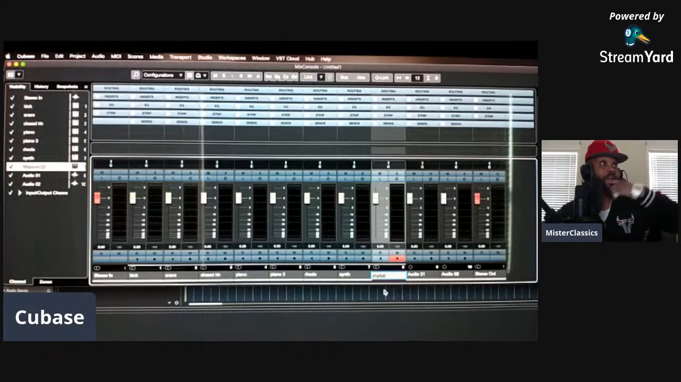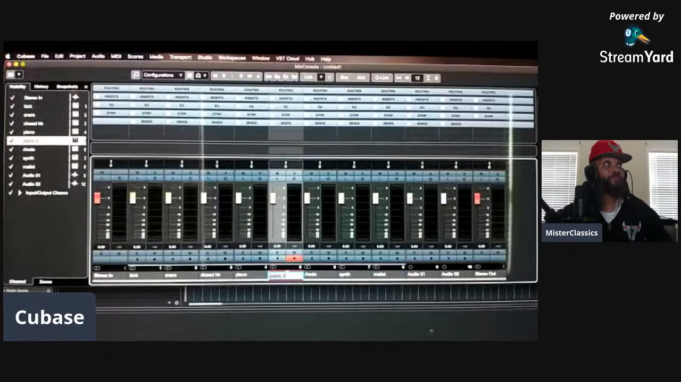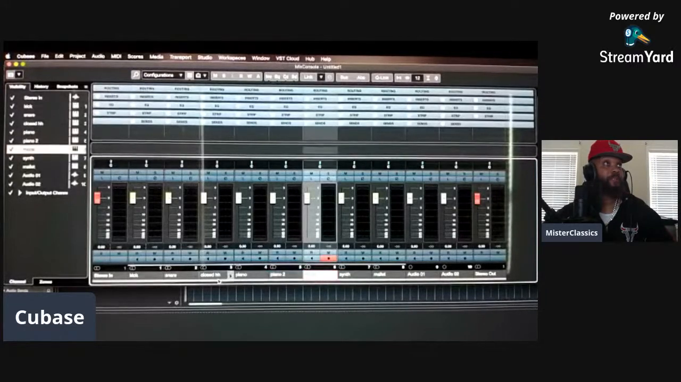All right, so we got piano 1, piano 2. Sorry, I put 3 right there. All right, so you see that right there? Boom. So we got a kick, we got a snare, close hi-hat,